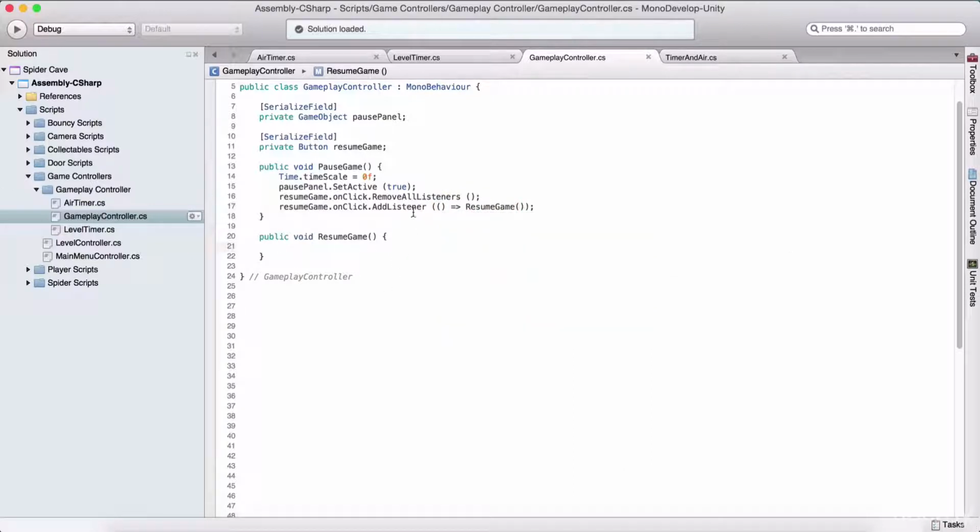And here in our ResumeGame, what we are simply going to do is set the time scale back to 1